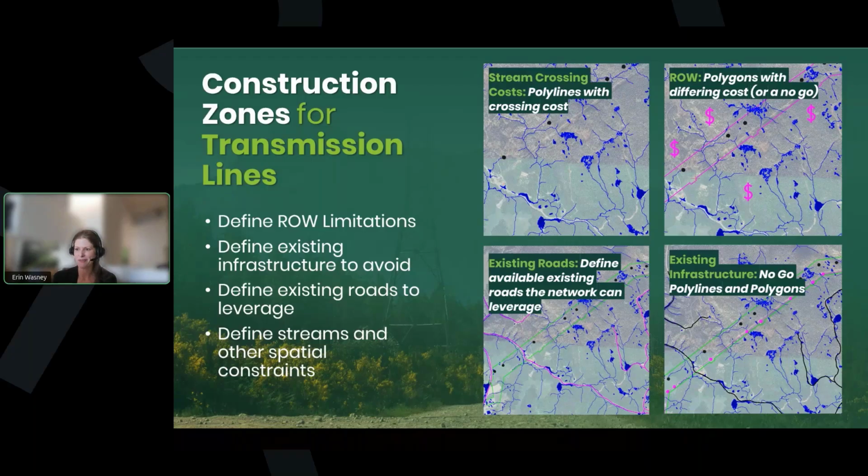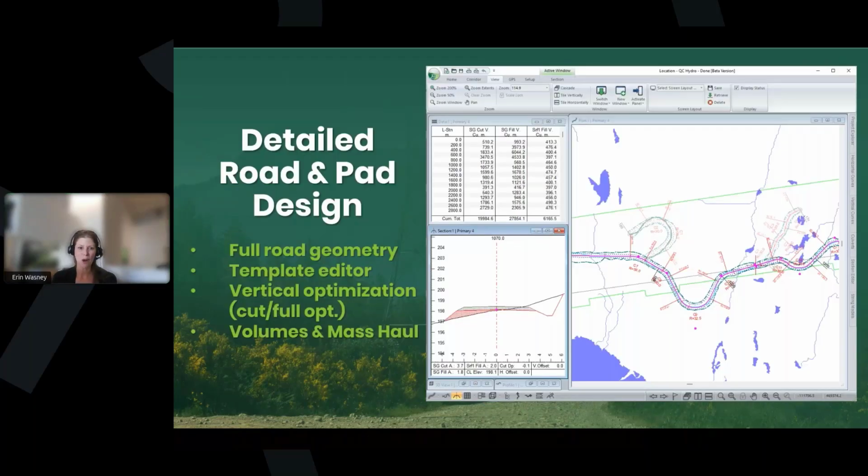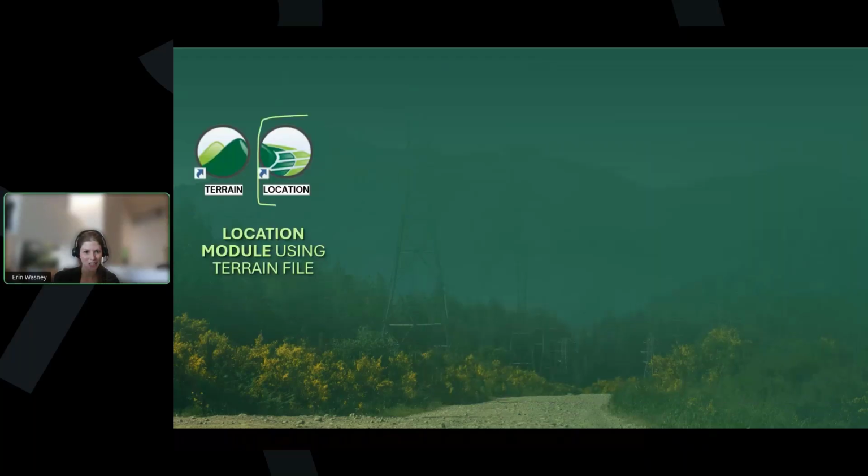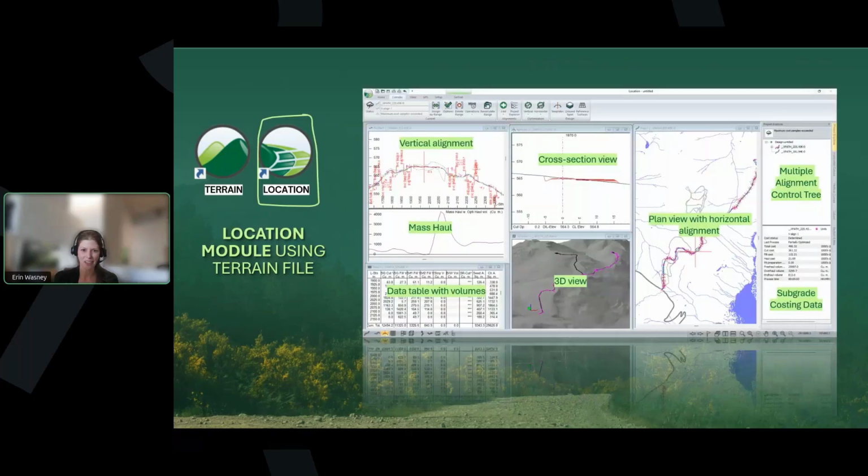So here you've got full road geometry, full 3D design. You're adding proper curves, volumes, templates. We talk a lot about this in our webinars, so hopefully you've seen it before. It's not too new for you, but we will step into that, taking our road network through and bringing it to life a little bit more inside the location module. So again, location's our second module, and it's got all the different interactive dynamic windows